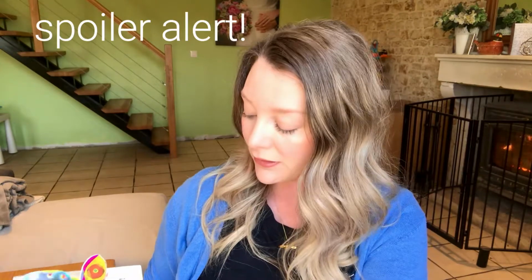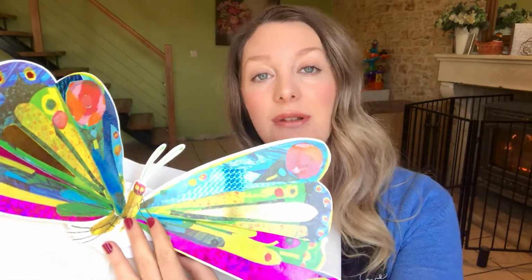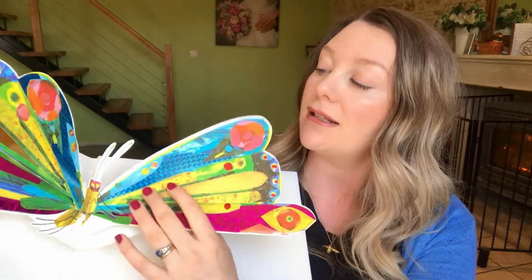And I think Lucy's favourite page is the end when, oh my gosh, there we go, when the caterpillar turns into a beautiful butterfly. And yeah, so definitely, if you're not sure what to get a toddler baby, this book is just amazing. Next book is more of actually a series of books, which I think I talked about in